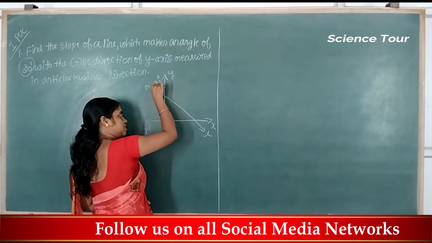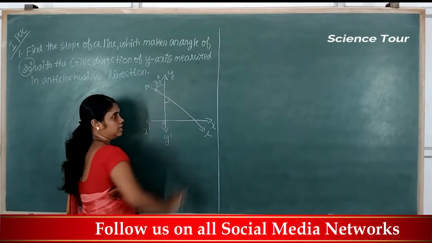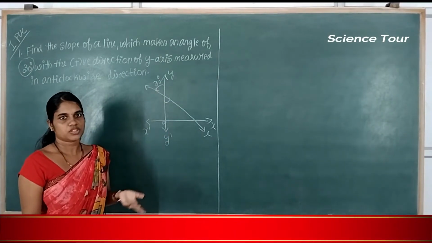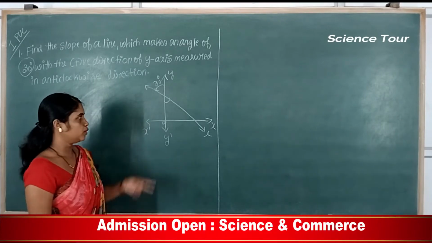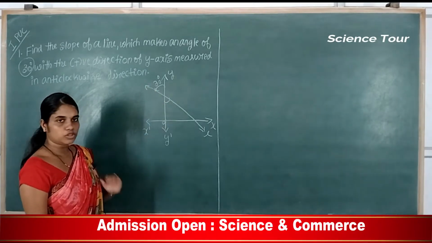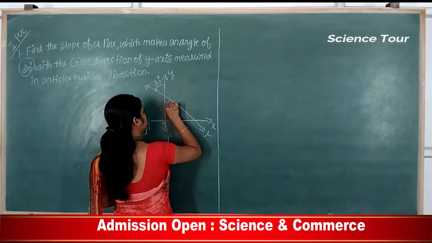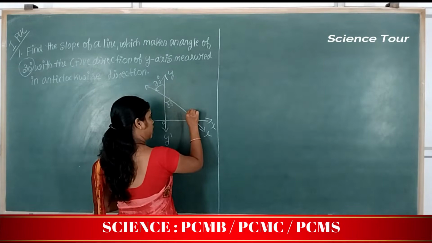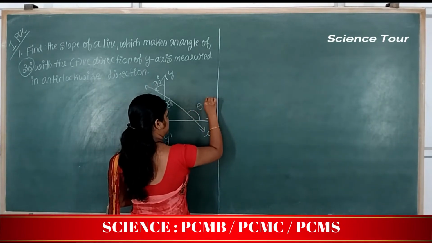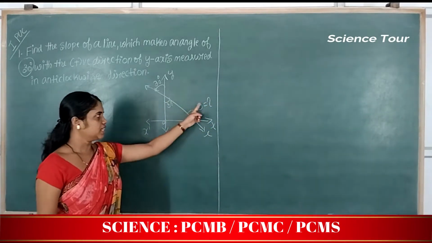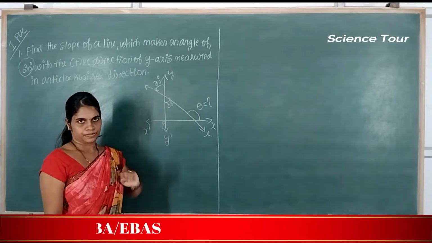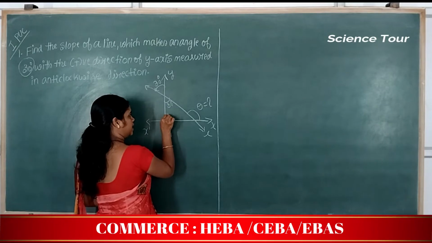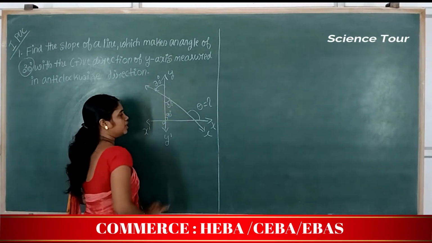So if it is 30, then what about this angle? Yes, vertically opposite angle. You might have heard about this concept, vertically opposite angle. So if it is 30, then this angle is also 30 degree. Actually our intention is to calculate the value of theta. Theta means the angle at this point. So this is 30. And the angle at this point will be equal to 90 degree.